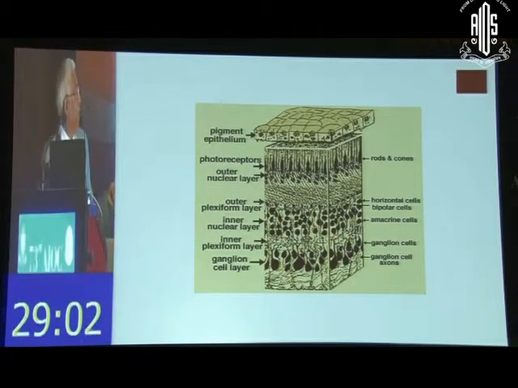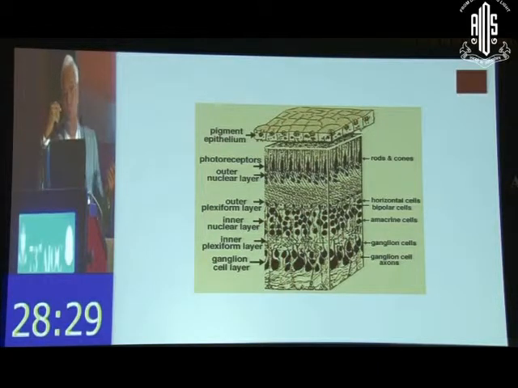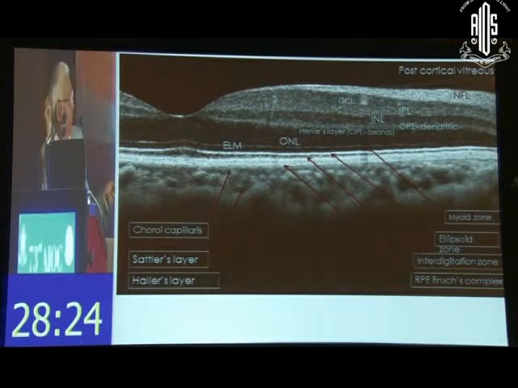You have the pigment epithelium, which is right at the bottom. Then you have the photoreceptors, or rods and cones, the nuclei of the photoreceptors, the layer of which is the outer nuclear layer. The communication between the nucleus of rods and cones with the bipolar cells is the outer plexiform layer. The inner nuclear layer contains the nuclei of all other cells, including horizontal cells, bipolar cells, Mueller cells, etc. Then you have the axons of these communicating with the dendrites of the ganglion cells in the plexiform layer, and the ganglion cell layer, whose axons form the optic nerve. And it's so beautifully seen in the OCT here.